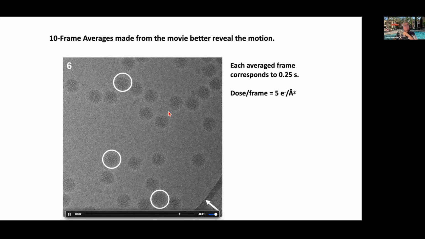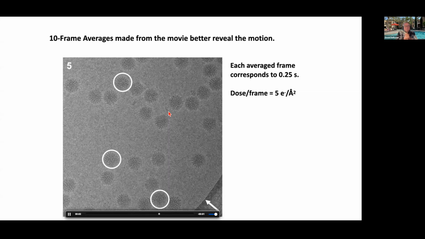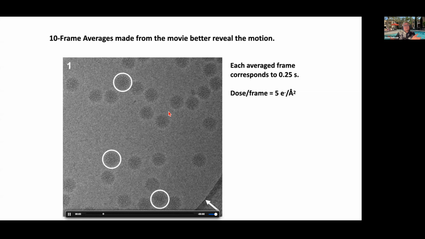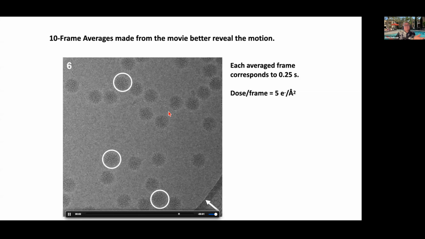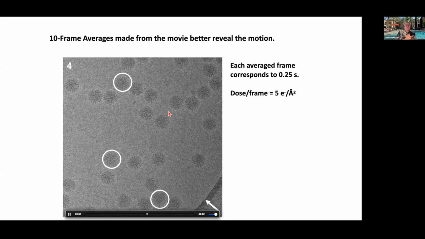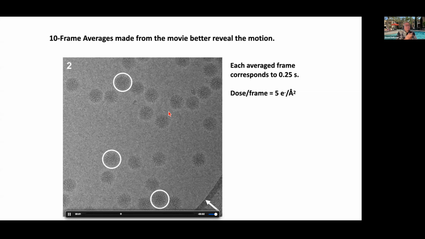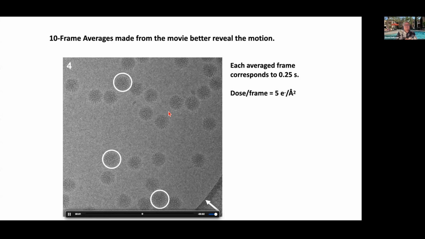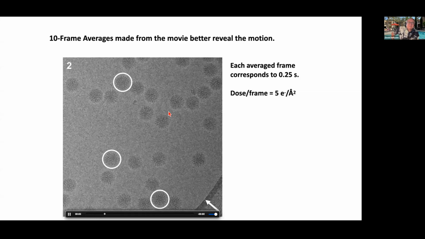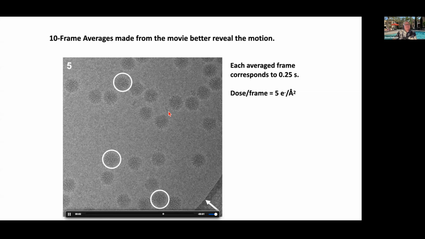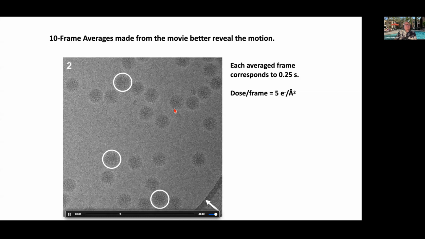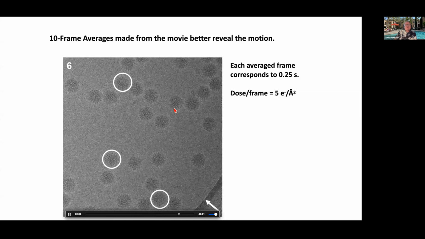So the problem that had plagued everyone was that while they were taking their 1-second exposure, the particles were moving. And people called images where the motion was very small shiny particles because they seemed to be shiny. Anyway, now that you've been able to divide a single exposure up into 40 frames, you can correct for